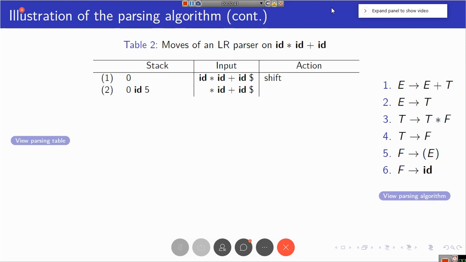So what you need to do is, both the left hand side of the production as well as the next state will be pushed. Left hand side of production is F, next state is 3, push. Remember these two symbols were popped earlier. So 0 was the symbol at the top, now this will be F3. Now you check for 3 and star.